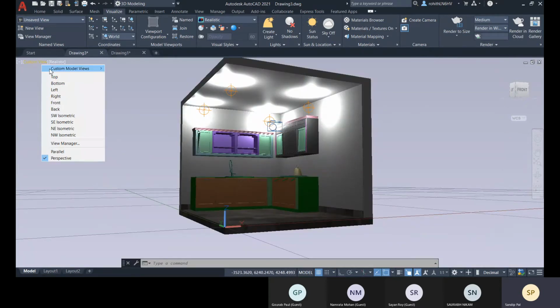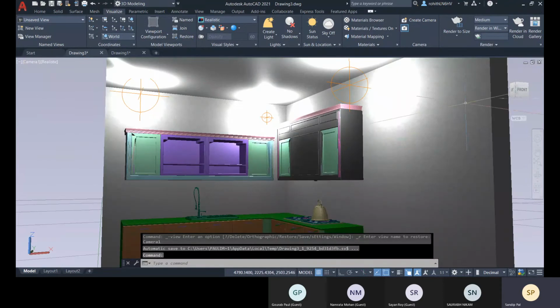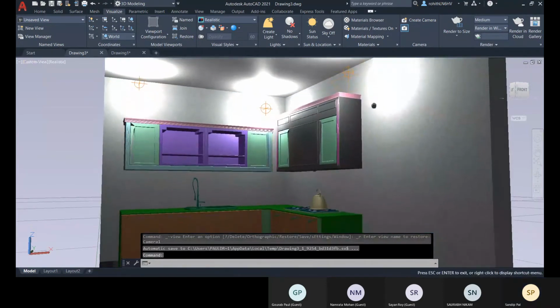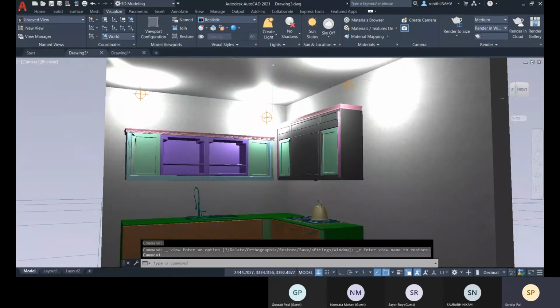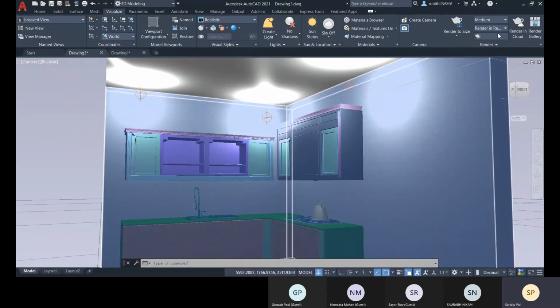So let me change that to camera 1. Okay, so next you can specify region. So like this much region you want to render.